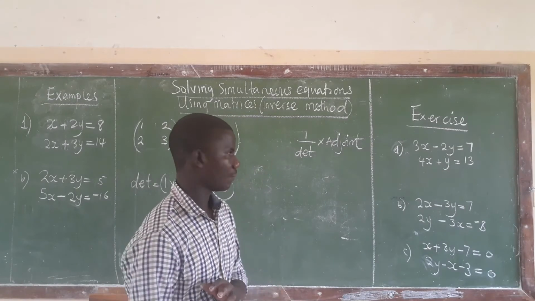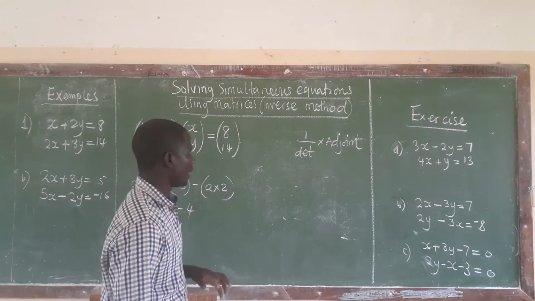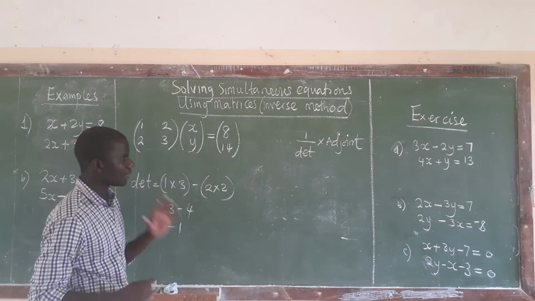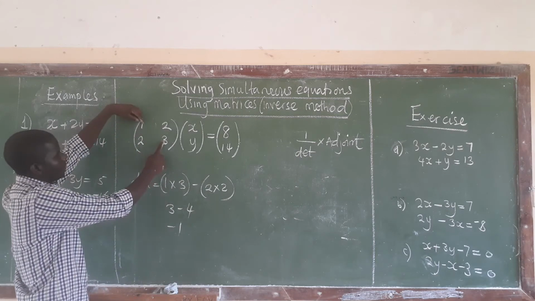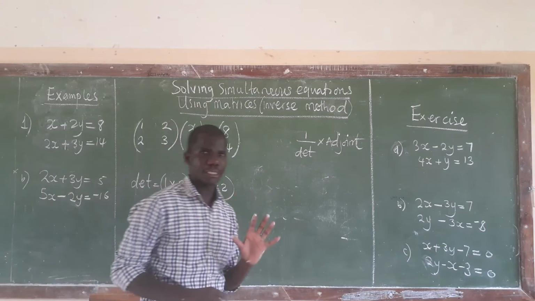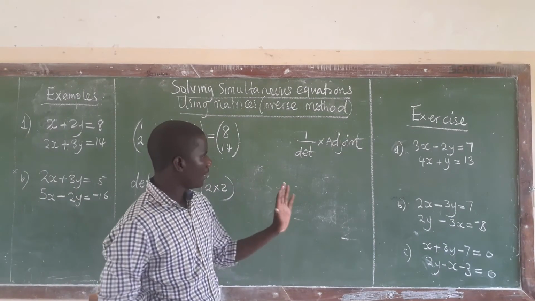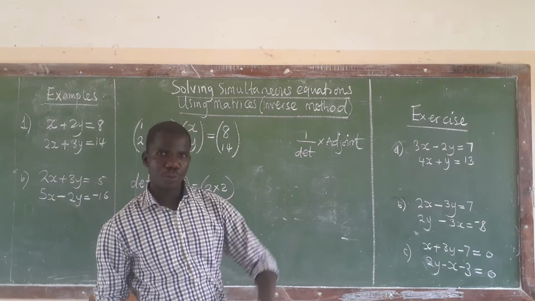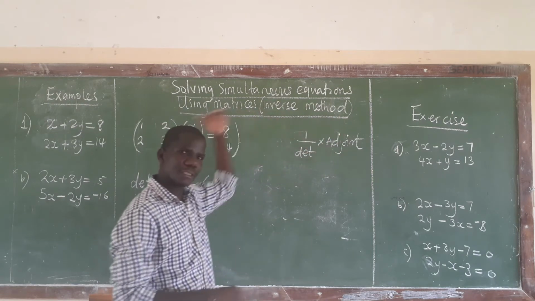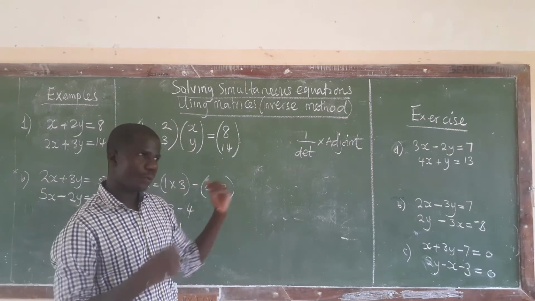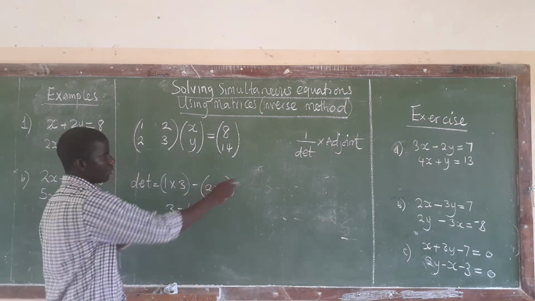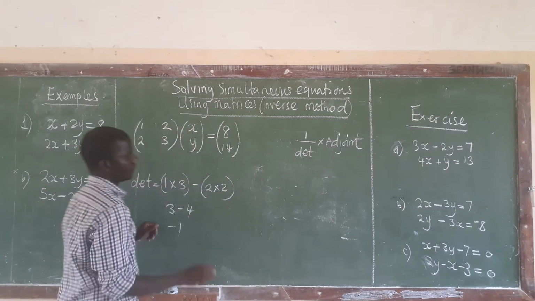Then the adjoint. What do we do to get the adjoint? The adjoint of a matrix is what we said earlier. That is why, for these videos, you should follow them in the sequence that they are presented, from lesson 1, lesson 2, and so on. The determinant and the adjoint have been presented in the previous lessons, so if you went there, even as you get here, it is a revision.